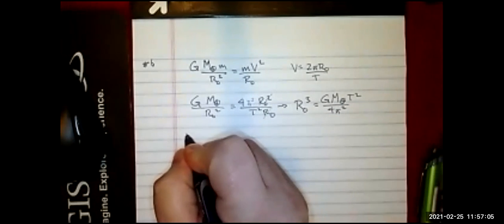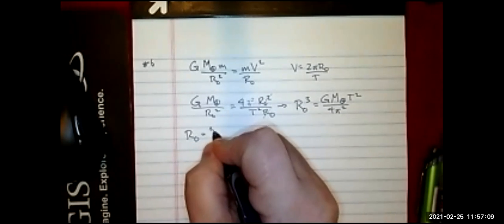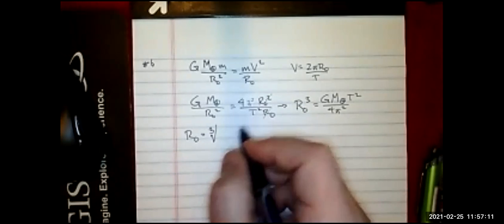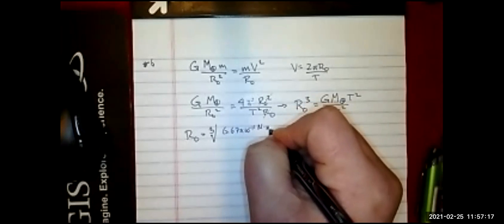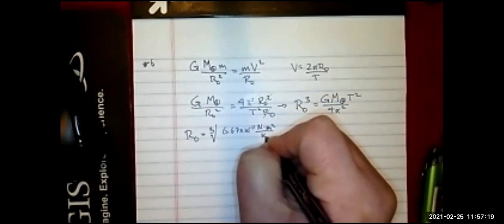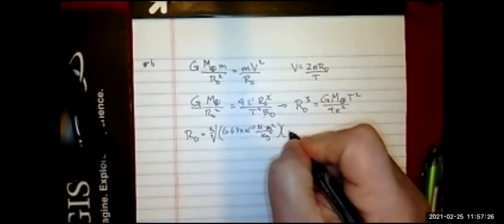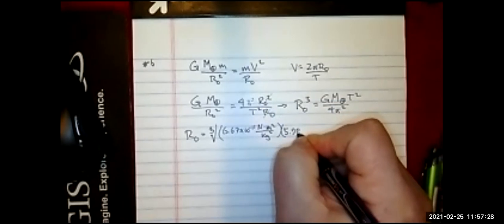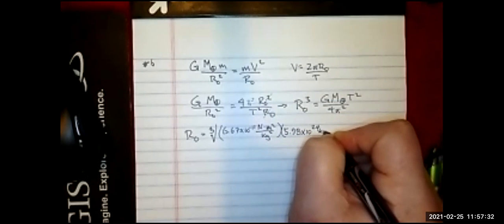Okay. So r0 should be equal to the cube root of 6.67 times 10 to the negative 11th Newton meters squared per kilogram squared. Trying to put the units in so y'all can see what's going on. The mass of the Earth, which is 5.98 times 10 to the 24th kilograms,